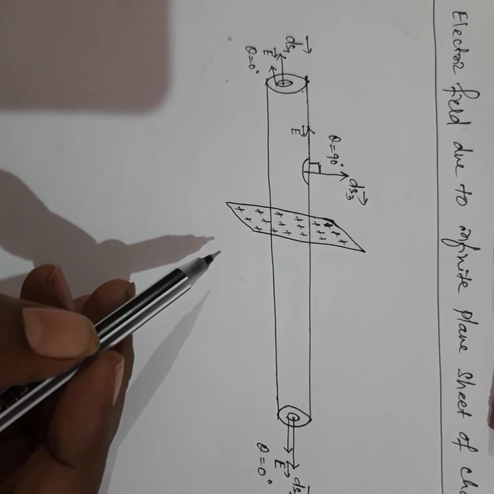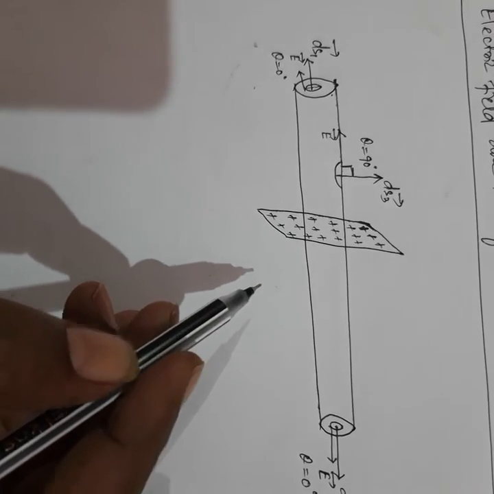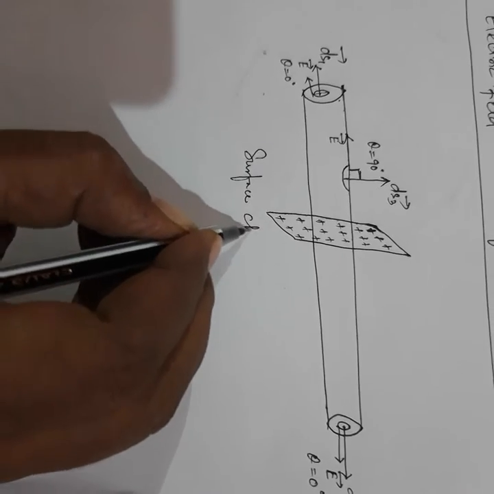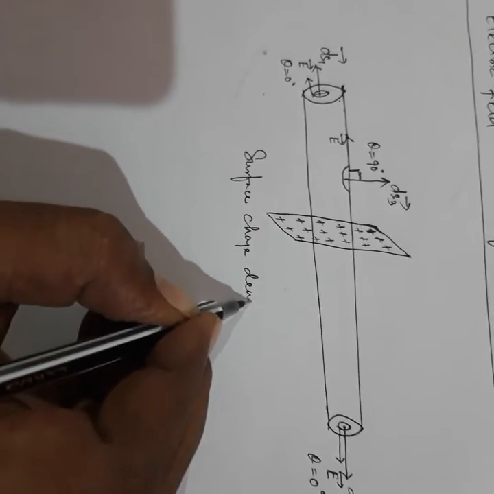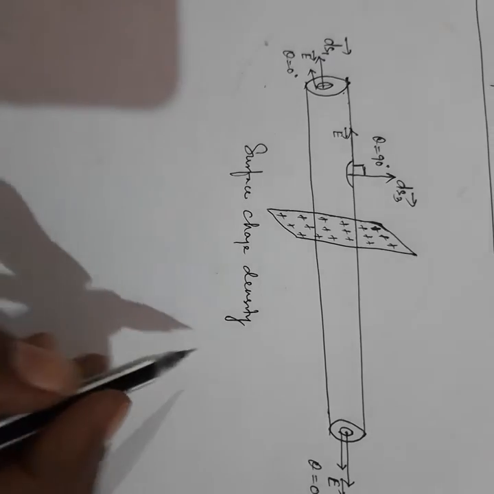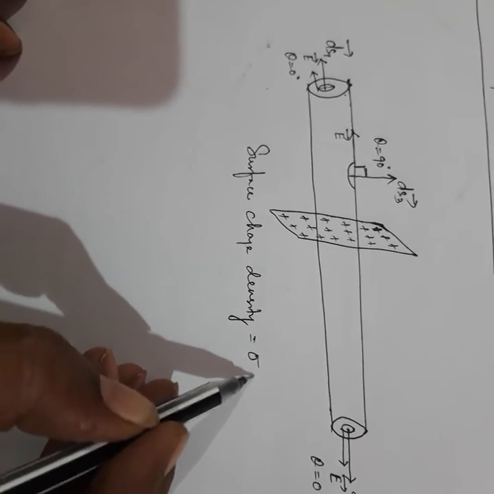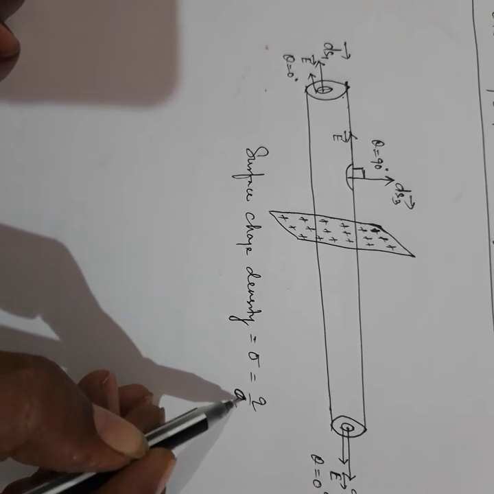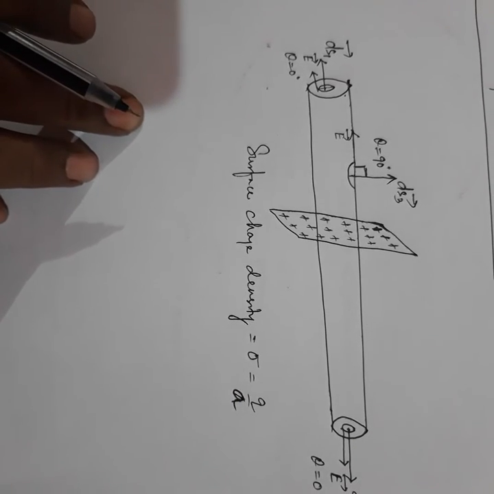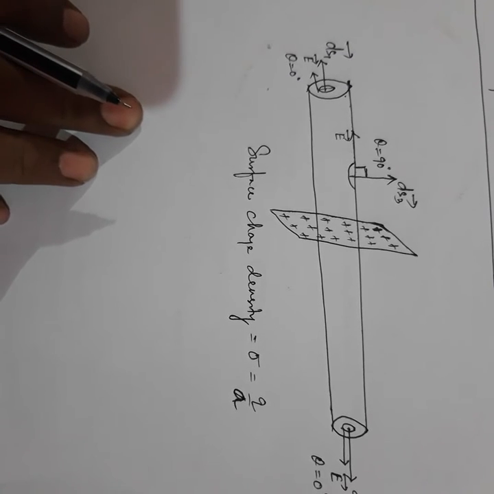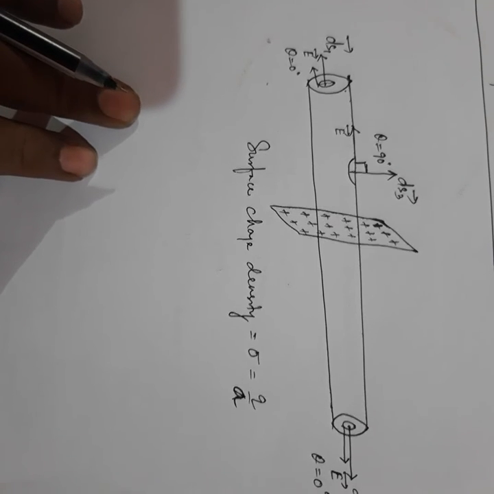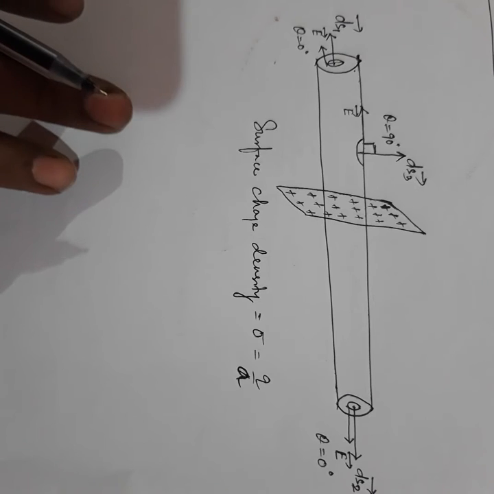Uniform surface charge density means the surface charge density is uniform. Surface charge density is equal to sigma, that is equal to Q upon A. Here we will take small a, charge upon area. Now to find out the electric field strength due to this sheet or near the sheet,